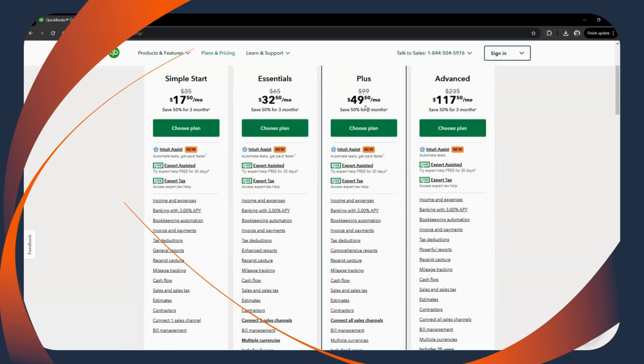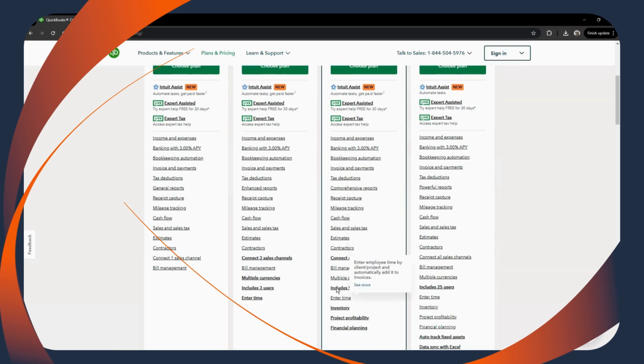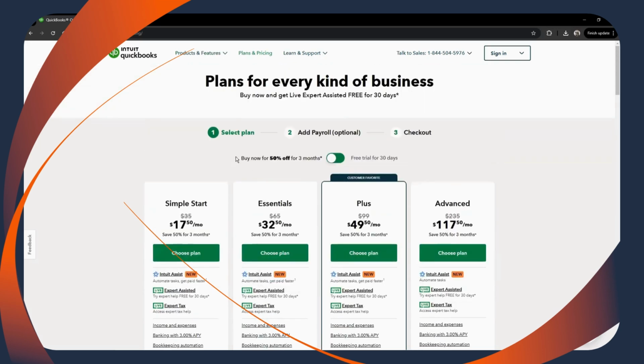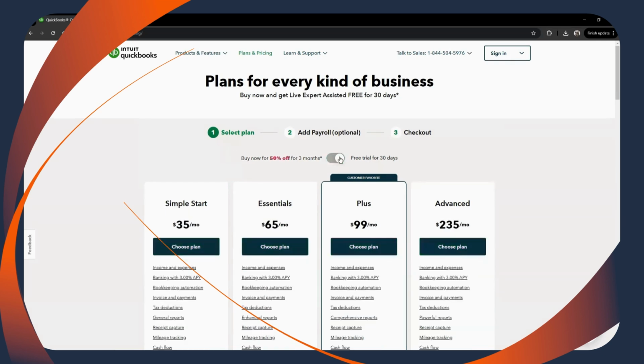If you're a solopreneur or a freelancer, Simple Start may be all you need. With larger businesses, you may benefit from the Essentials or the Plus subscription. They include additional features like managing your bills and tracking inventory. QuickBooks often offers a free trial or promotional period for new users, so it's a great way to get started